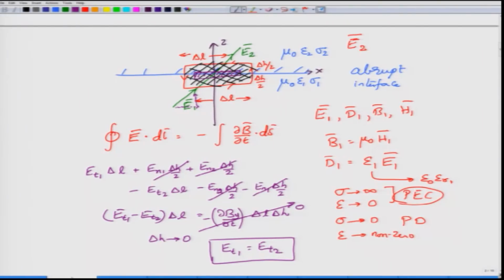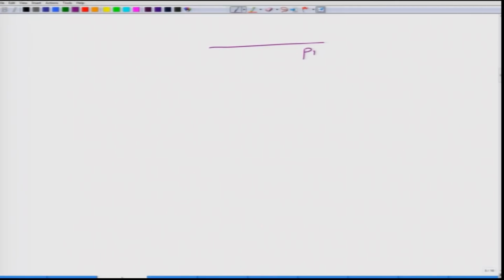So, this is regardless of whether this medium is dielectric or that medium is conductor. For example, if I have a perfect dielectric medium and a perfect electric conductor, this condition of Et1 equals Et2 simply means on the interface plane Et1 itself will be equal to 0. Why? Because Et2 is already equal to 0 by definition of a perfect electric conductor. A perfect electric conductor cannot sustain electromagnetic fields inside it. So, clearly in that case Et2 will be 0, which also means that on the surface Et1 will also be equal to 0.